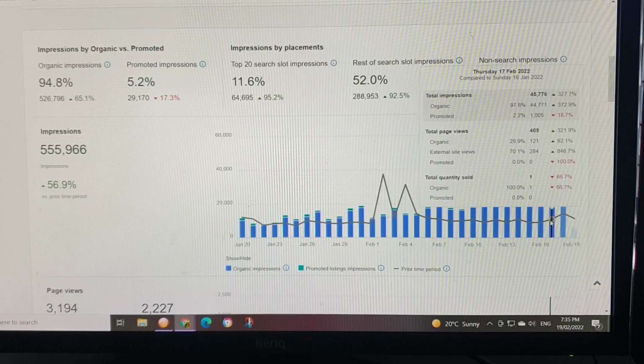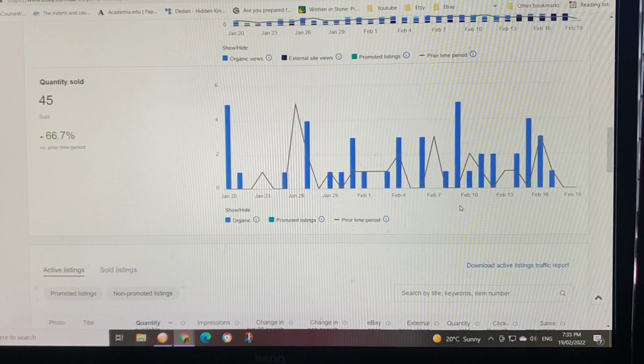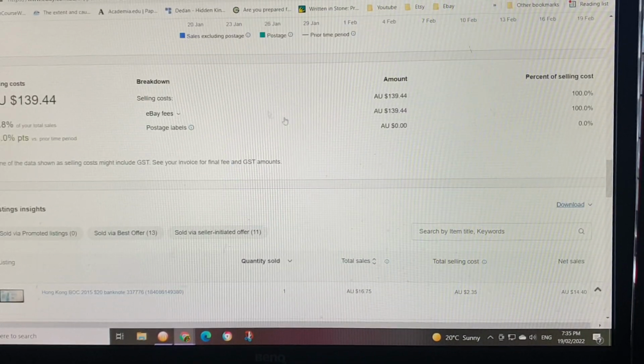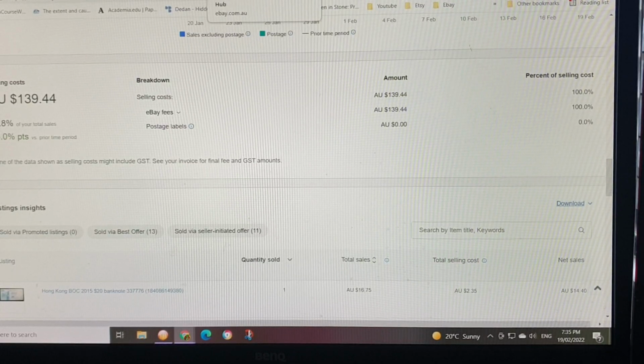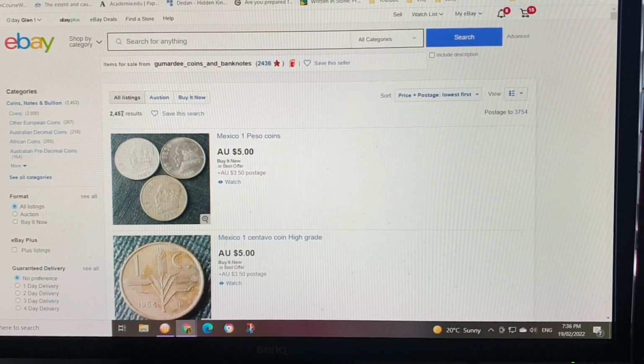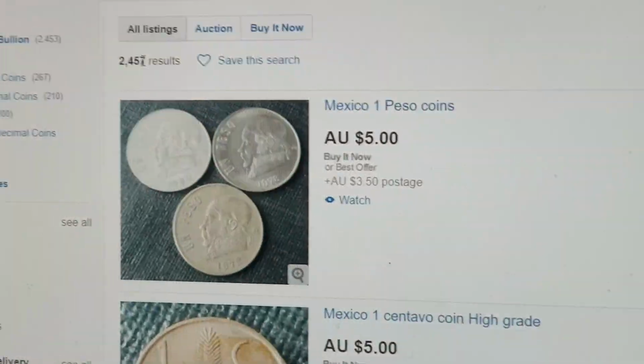Okay, 1, 2, 3, yep. And it gives more information as well. And the performance we're seeing there. So currently, if you look at this, I have